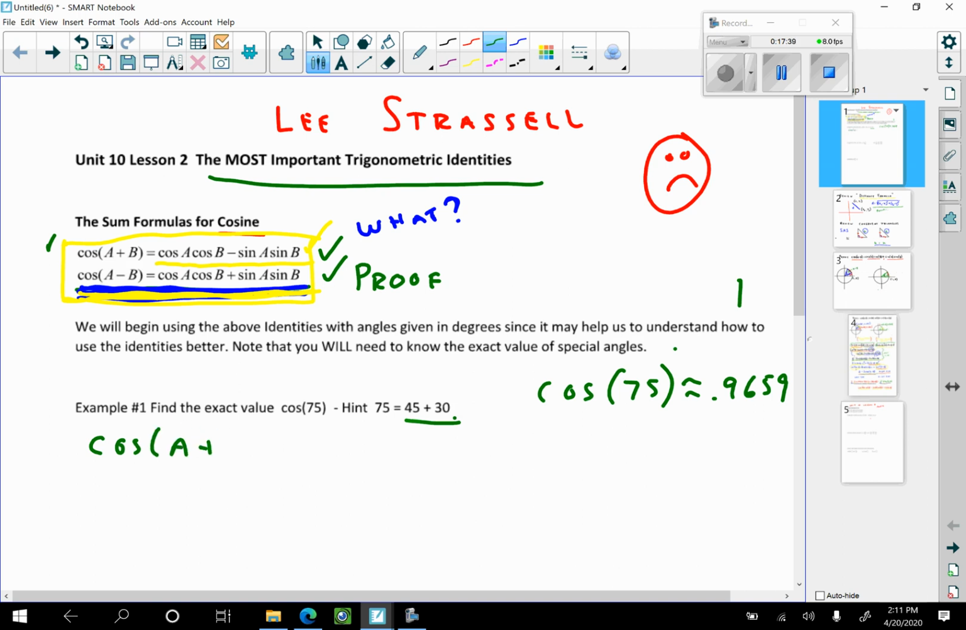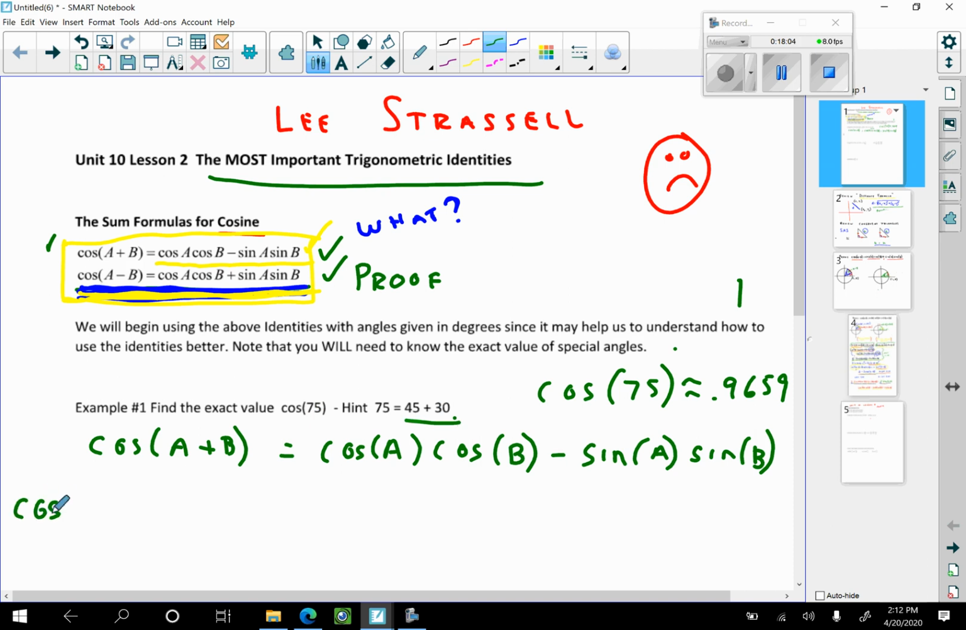Cosine of A plus B is equal to the cosine of A, cosine of B, minus sine of A, sine of B. And now I'm going to realize that the 75 is 45 plus 30. So if I want to find the exact value of cosine of 75, I'm going to realize